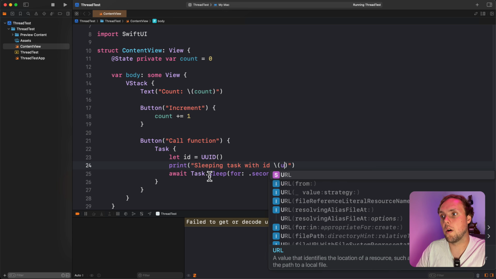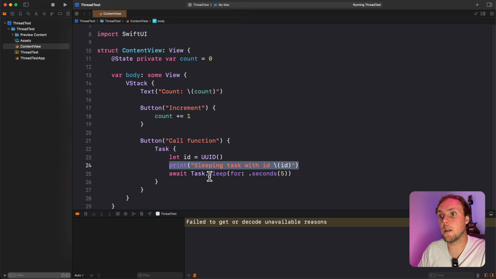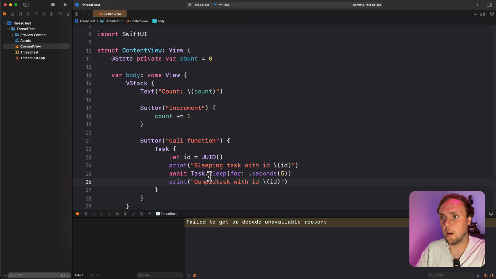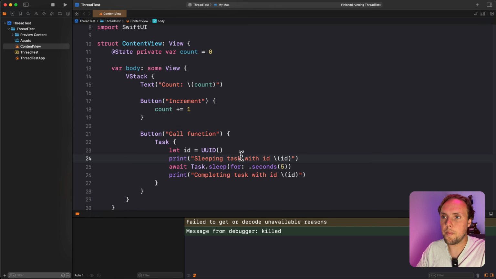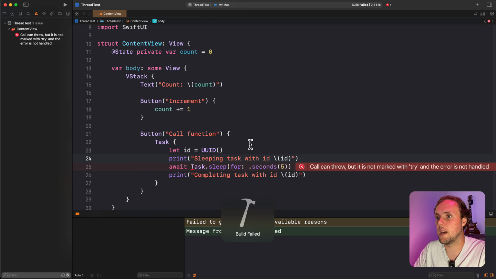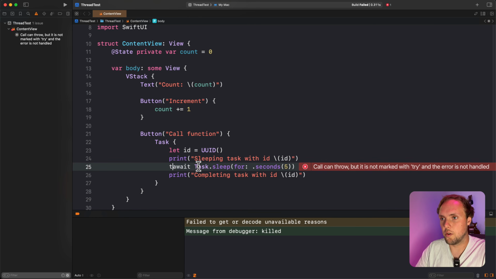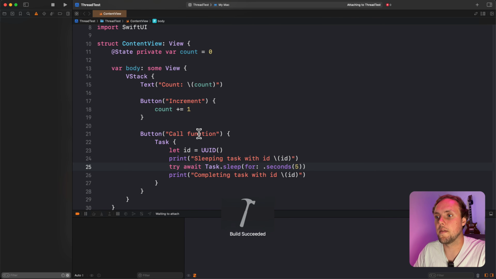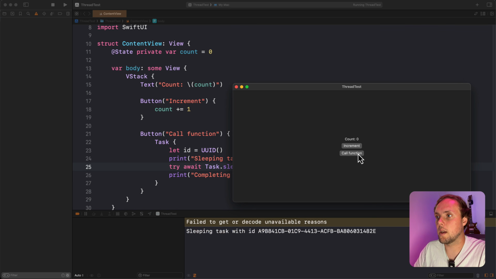So we'll know when we are about to sleep, and then task with ID, we'll call it completing task with ID this. So let's actually see what happens now. Oh, we need to try await that. That's completely fine. I'll click call function, sleeping task with ID, and then it takes 5 seconds for this to